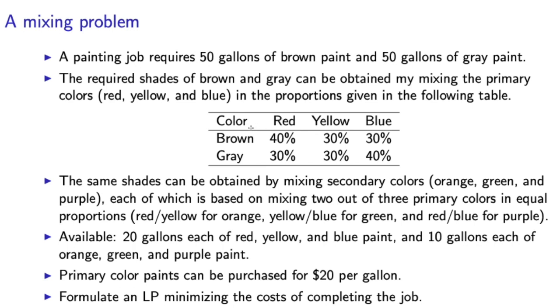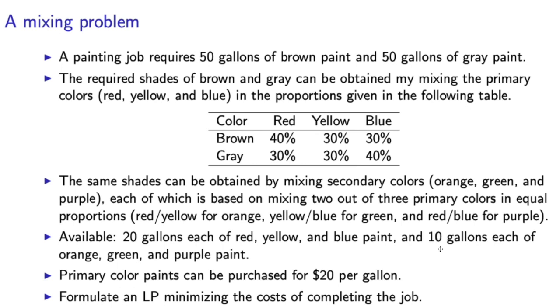We can obtain the required shades of gray and brown by mixing the secondary colors along with the primary colors. And the availability of each paint that we have is given here. So we have 20 gallons each of red, yellow, and blue paint, and 10 gallons each of orange, green, and purple. So essentially 20 gallons for each of the primary colors, and then 10 gallons for each of the secondary